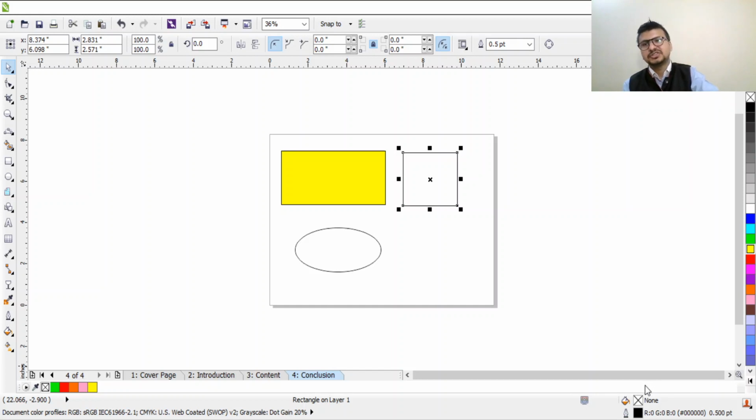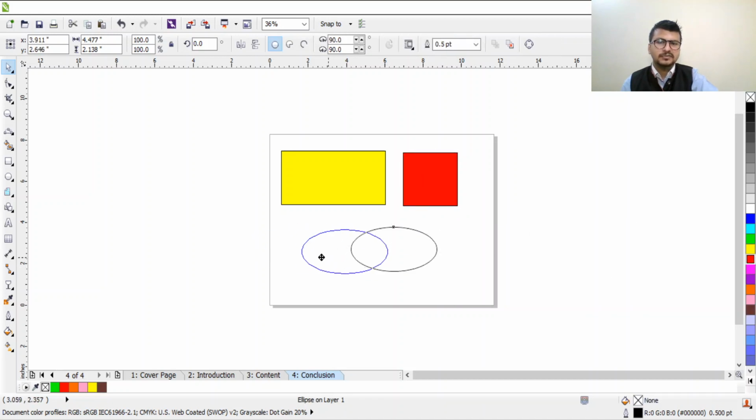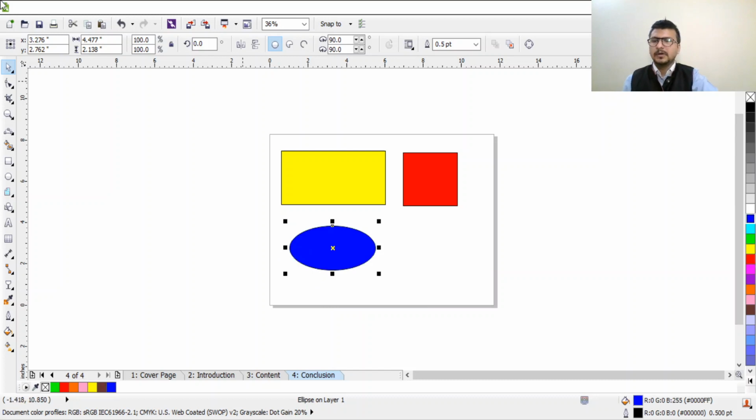This is used to change the shape of the border, the color of the border. This all deals with the border. So we will see how it is working. Let's fill the color in this square. Say we are filling red color, and in this oval shape we are filling blue color.